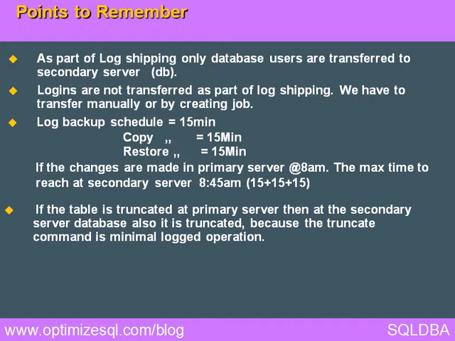It means if you are truncating 10,000 rows from a table, only information is recorded. The same information is there in the log file, and the same information is taken into the backup. When our restore job is running, by taking that information, it will truncate the table there also. The information is from which extent to which extent pages are truncated, meaning freed and data removed. By taking that information, the restore job will remove the records.